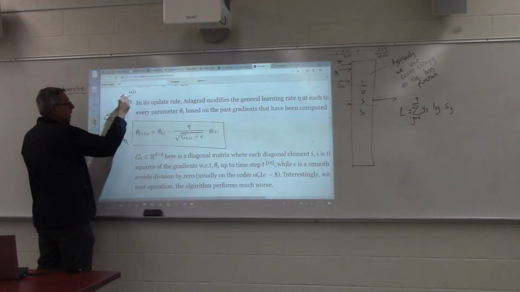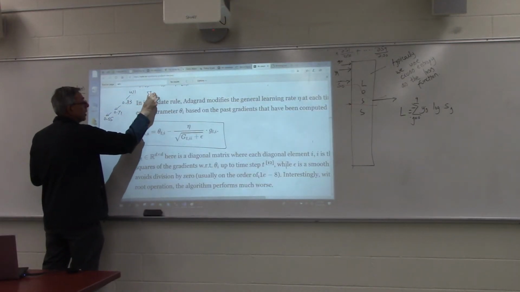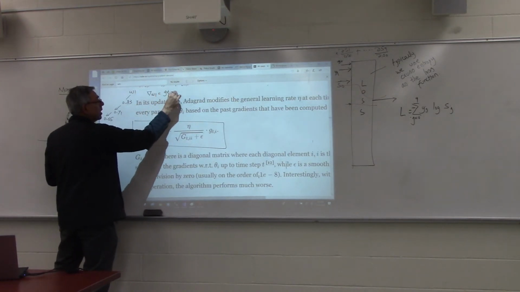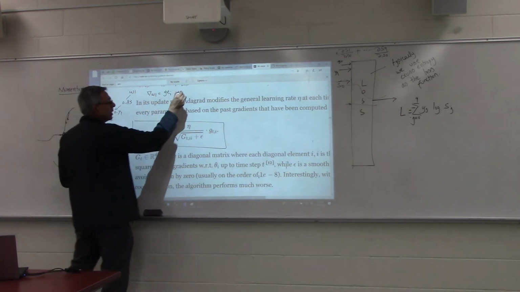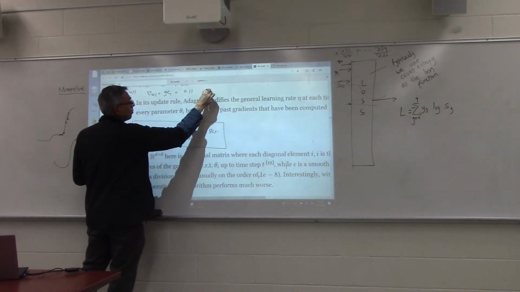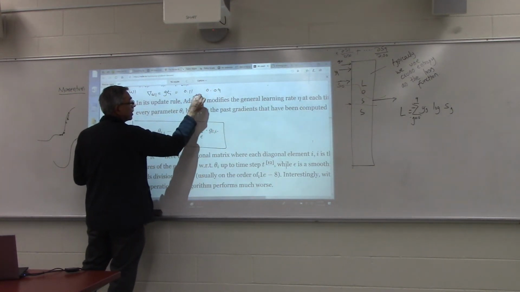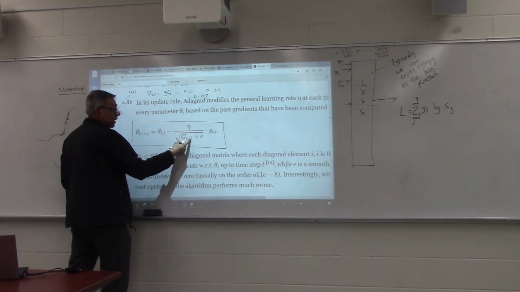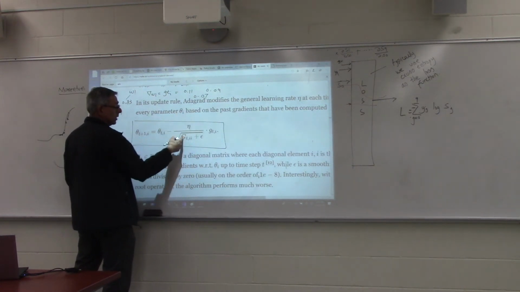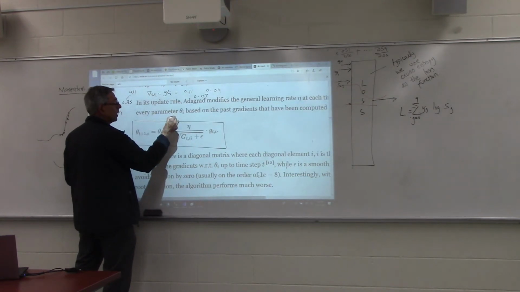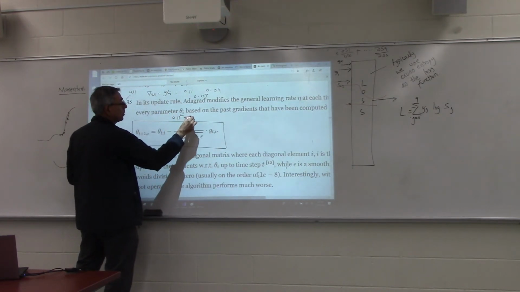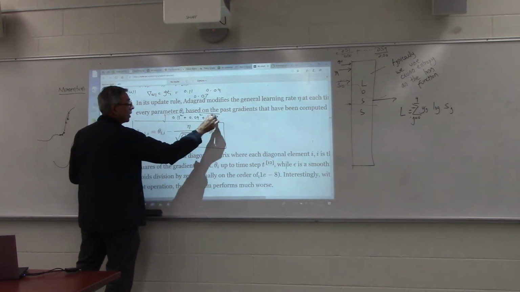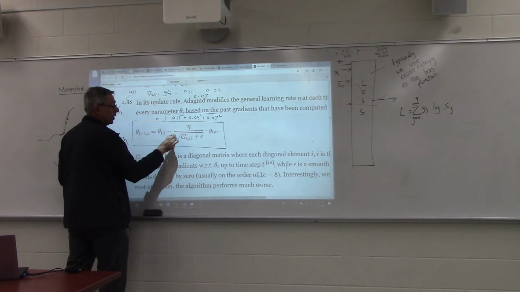Now the gradient of W1, this is what we are calling g_t,i, let's pretend this is changing as 0.11, 0.09, 0.07. So this G_t,ii is basically the sum of the squares. So this will be 0.11 squared plus 0.09 squared plus 0.07 squared, square root is the definition of this